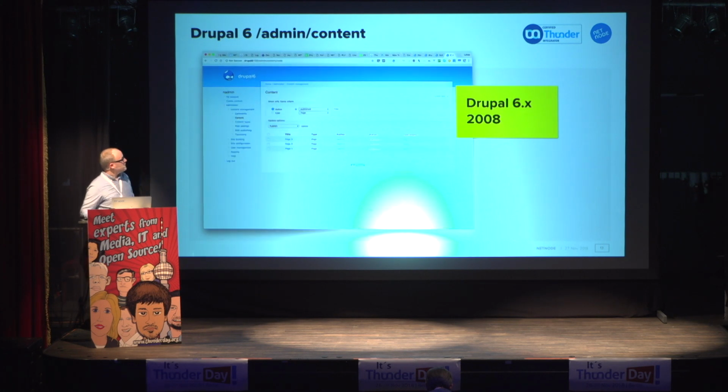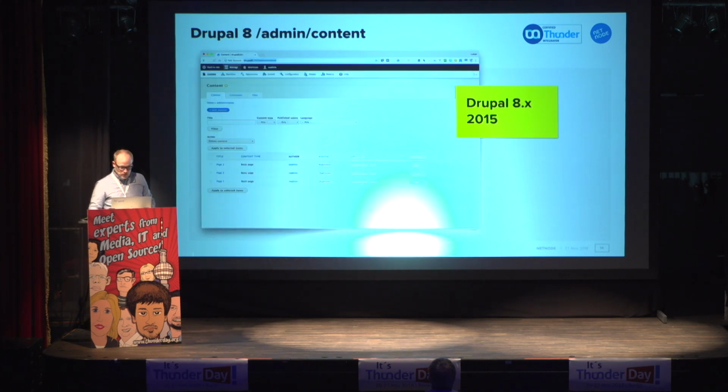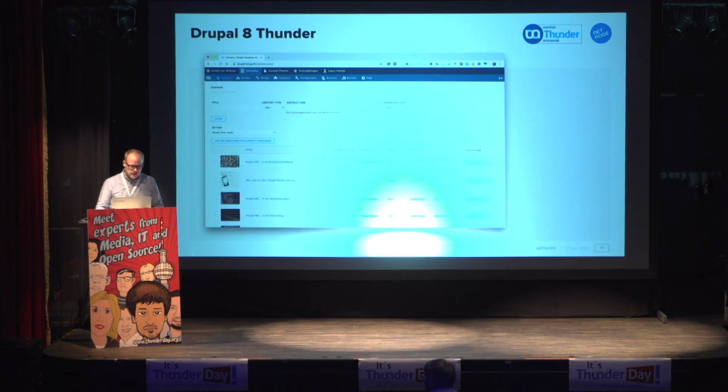Drupal 6 looked like this. Almost no change. Drupal 7, well, the content listing is exactly the same. They added an administration bar by default. Today we are using Drupal 8, and it looks very, very similar. And in Drupal Thunder, you have some open graph images, you have the channels,